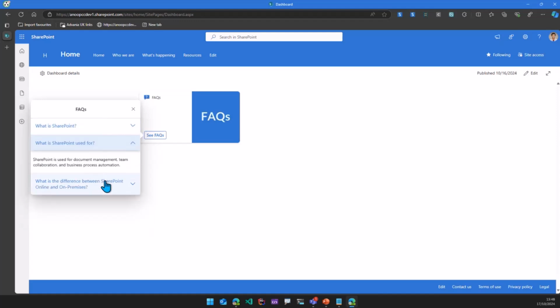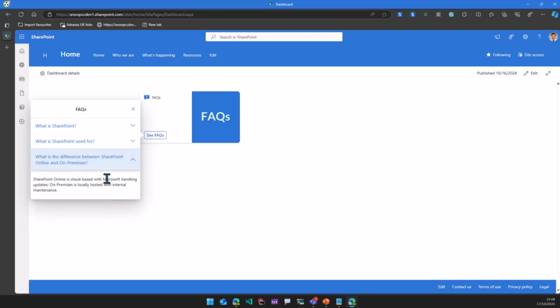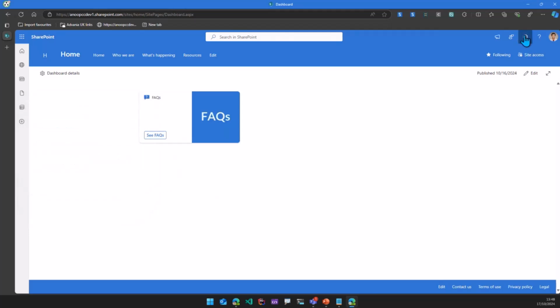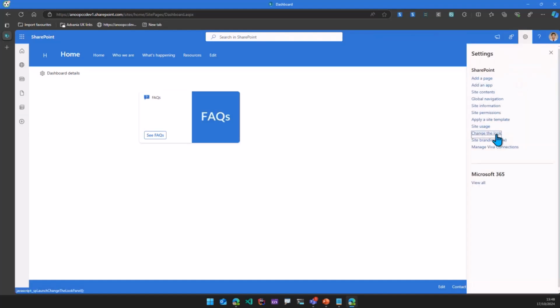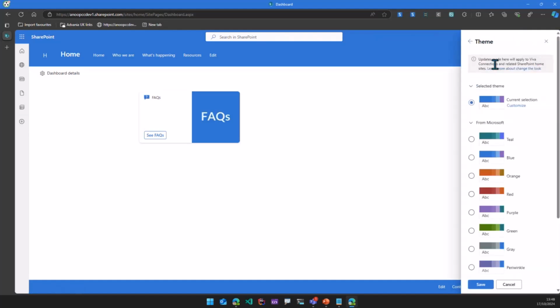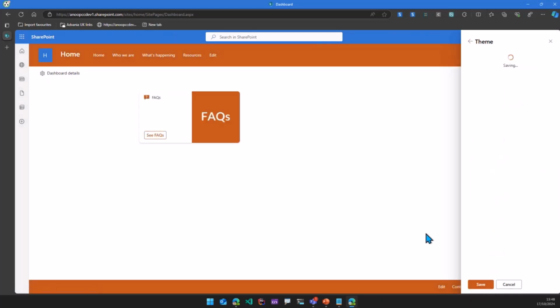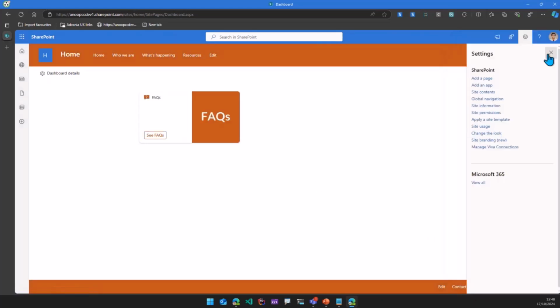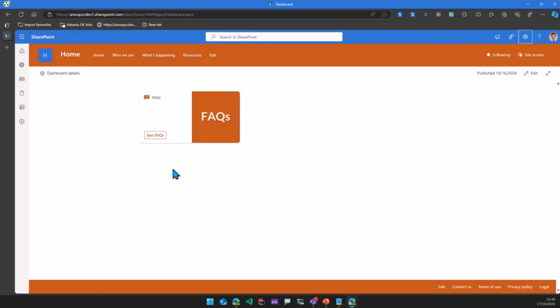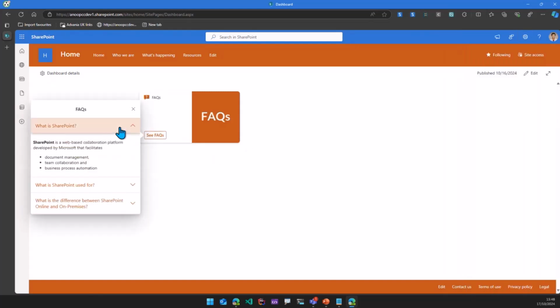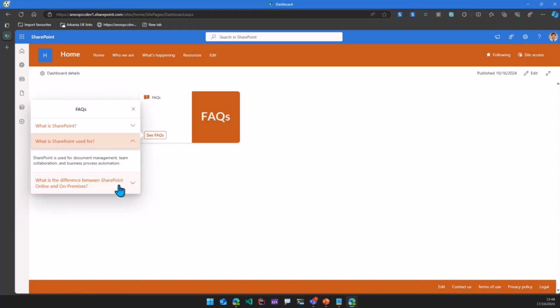And this is a nice accordion, which is rendered using React. And then the other thing it does is, if I go ahead and change the theme, pick the orange color and save that, you can see that the card updates automatically, and even all the other components within the